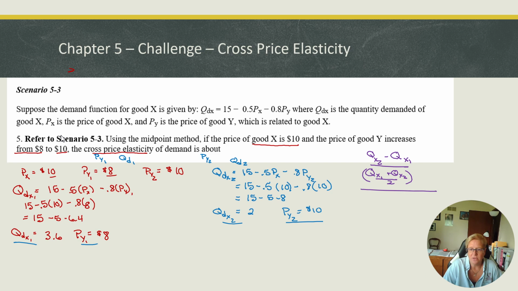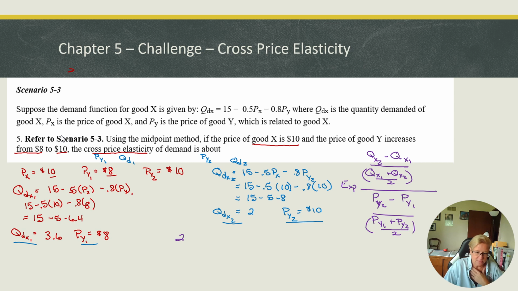Then the price of Y2 minus the price of Y1, over the price of Y1 plus the price of Y2 divided by 2. We're not taking the absolute value because this is cross-price elasticity. When we do that, we end up with